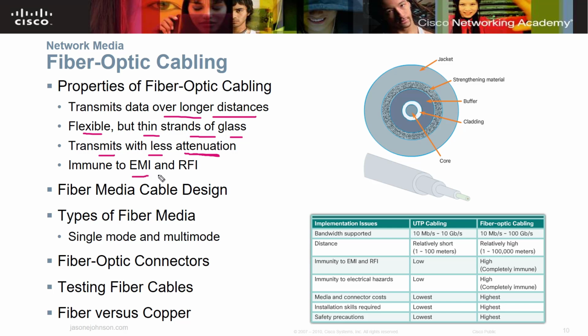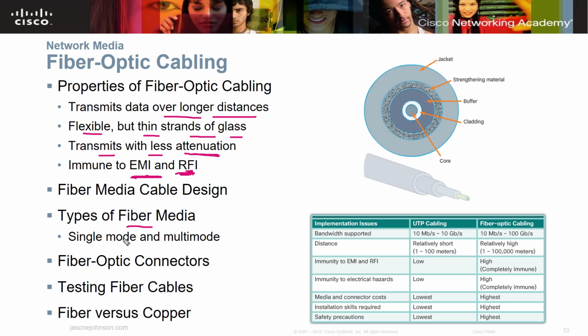And it's immune to EMI and RFI. So it's immune to electromagnetic interference and radio frequency interference. However, you want to be careful about it, though, because of the properties of it. If you do break, if you've got a bundle of fiber optics cable, it takes special tools to reconnect those back up. It takes a lot more time, and a lot more skill is involved in getting those connectors back up. So if you cut an Ethernet cable, it's pretty easy just to take those pairs of wires and connect them back in. Fiber optics is much more difficult.